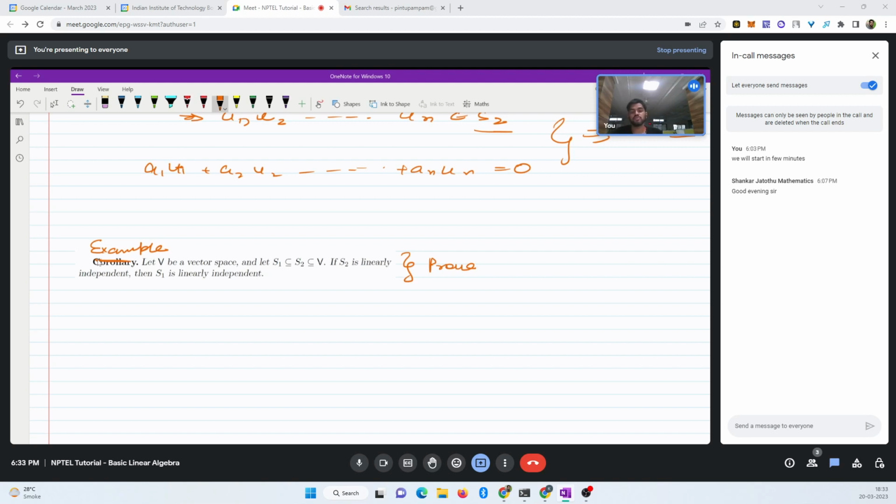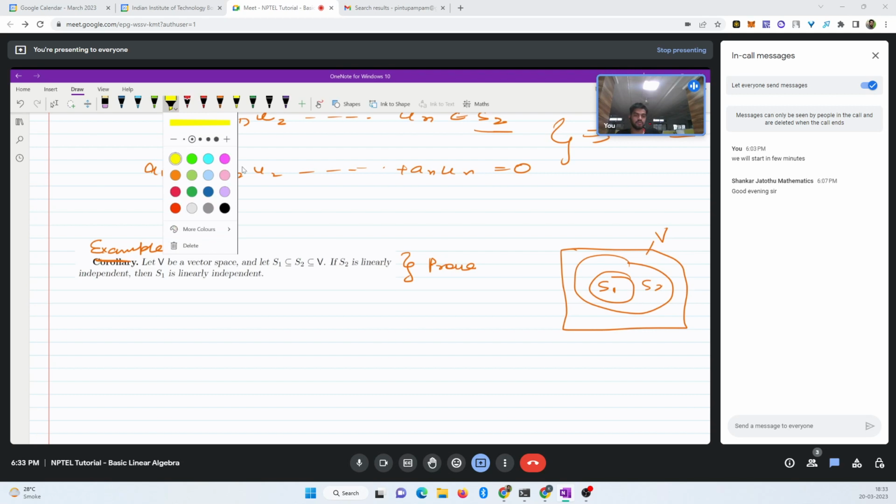So in order to prove this thing, what we can see is what we have been asked first. We are given that we have a vector space again V, and we have two of its subsets nested together. So this is S1, this is S2, this is the whole of V,